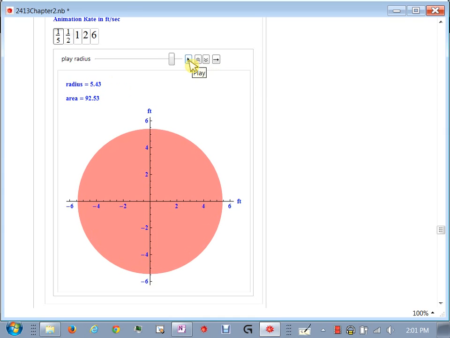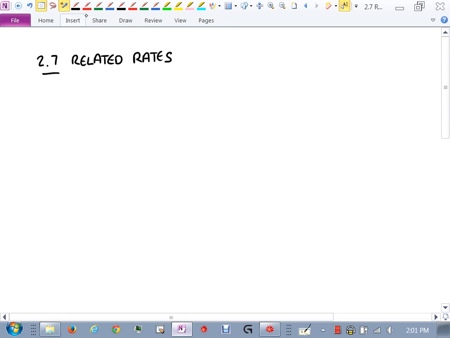I'm going to give you a problem where I have a circle, the radius is growing at a constant rate, and I'd like to know at a certain point in time how fast the area is increasing. So how do we do something like that? Calculus, we're going to need it, right? So first example, a circle